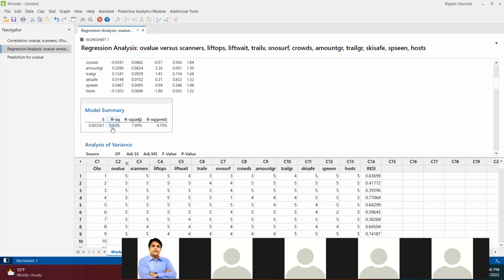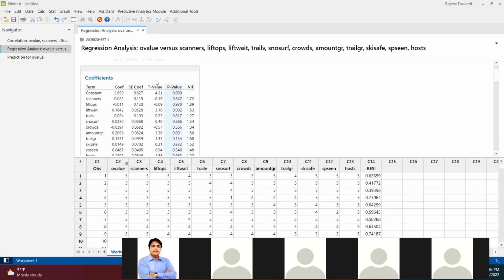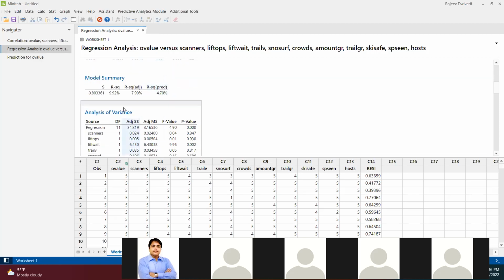What is R square adjusted? R square adjusted is always less than R square. Why? The reason is that some of the unnecessary things are removed from the model, and it is